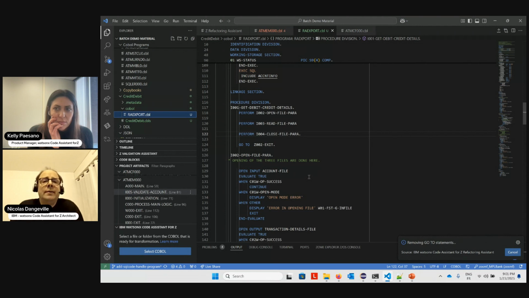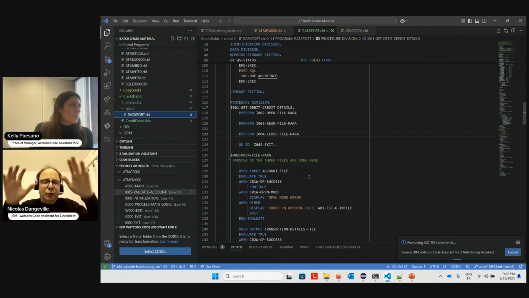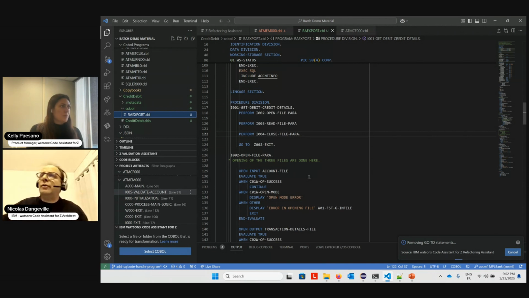So GoTo, as we said, it's complicated by nature because you lose the tree structure of execution that you've got in modern languages, and you jump to a label, and then you've got another GoTo that jumps to another label and so on. So it's very hard to get a mental picture of the execution flow of your program, generally speaking.